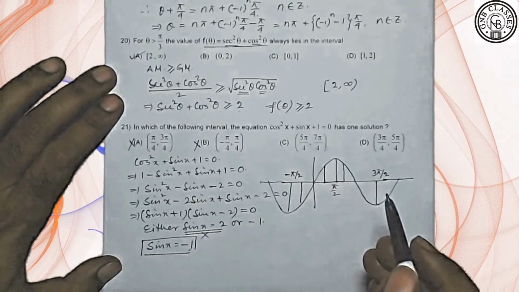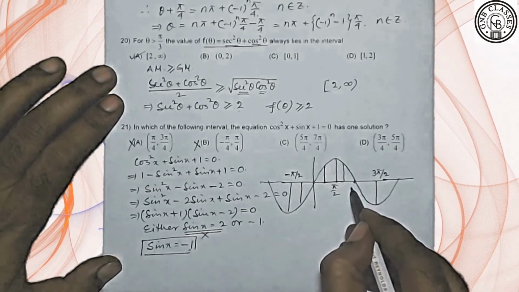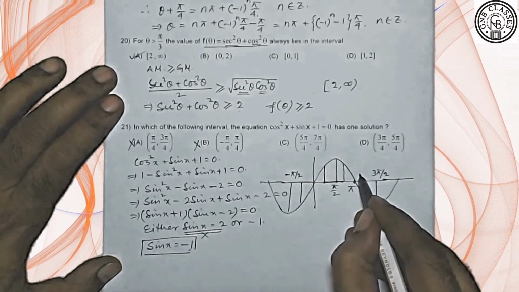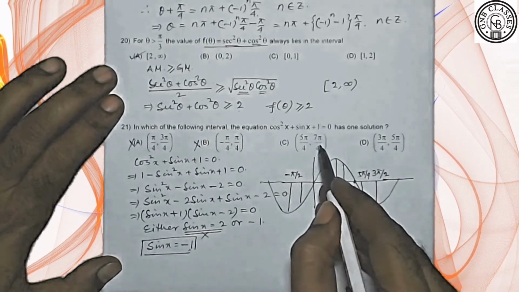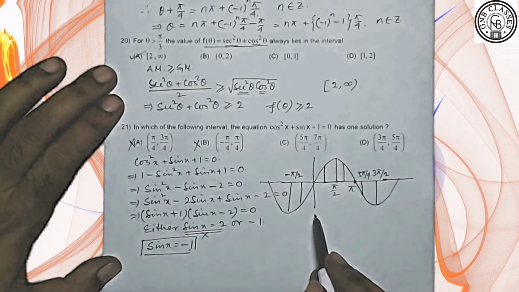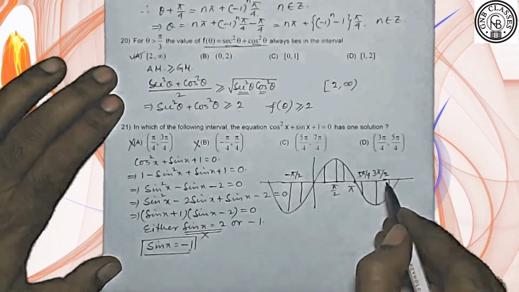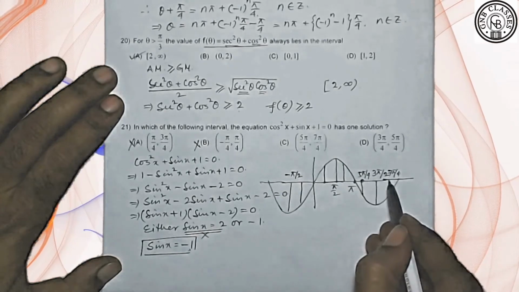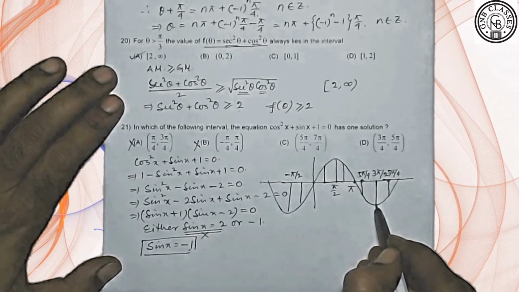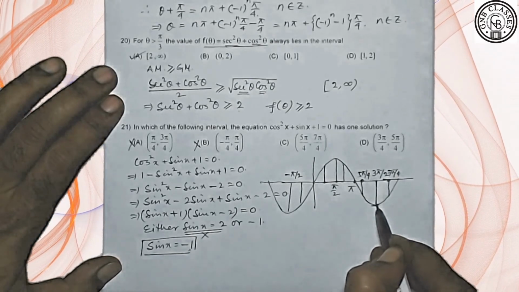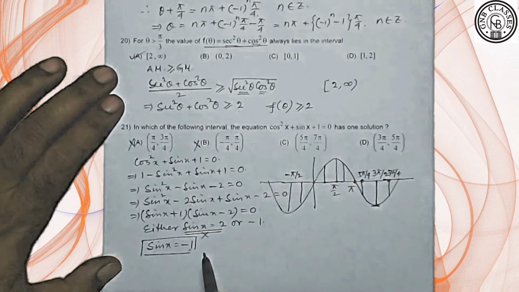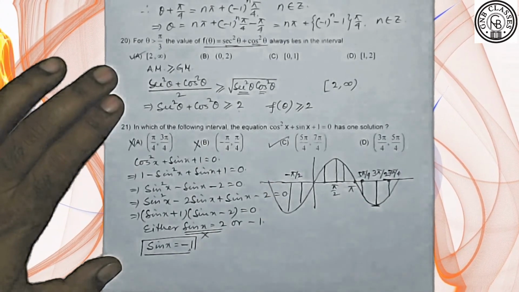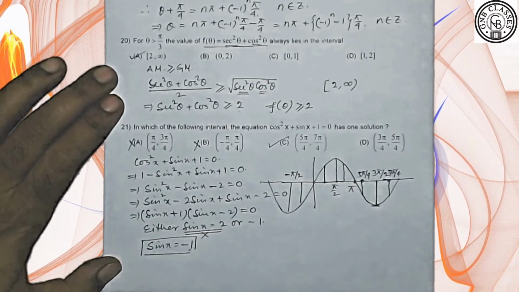5 pi by 4. 5 pi by 4 is somewhere, because this is pi. So, 5 pi by 4 will be somewhere here. So, this is your 5 pi by 4. And where is 7 pi by 4? 7 pi by 4 is somewhere here. Now, it is clear from the graph that between 5 pi by 4 and 7 pi by 4, the value of sine x comes to -1. Therefore, the required range of x is C. That is, it is lying from 5 pi by 4 to 7 pi by 4, so that your sine x